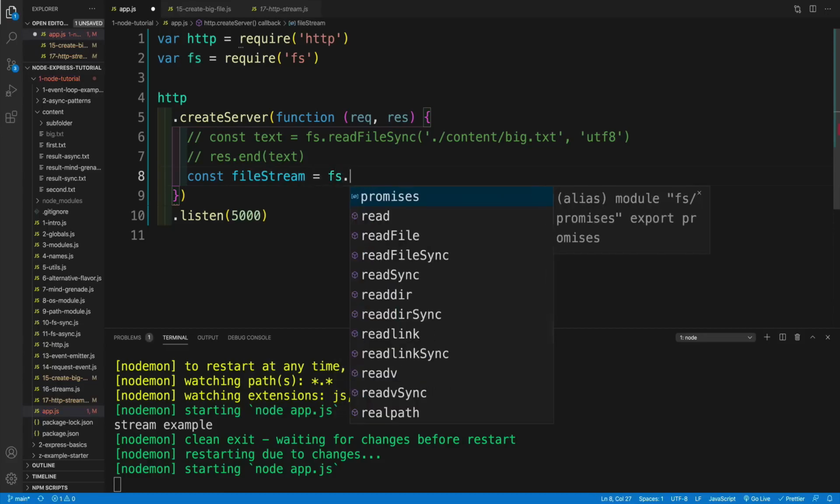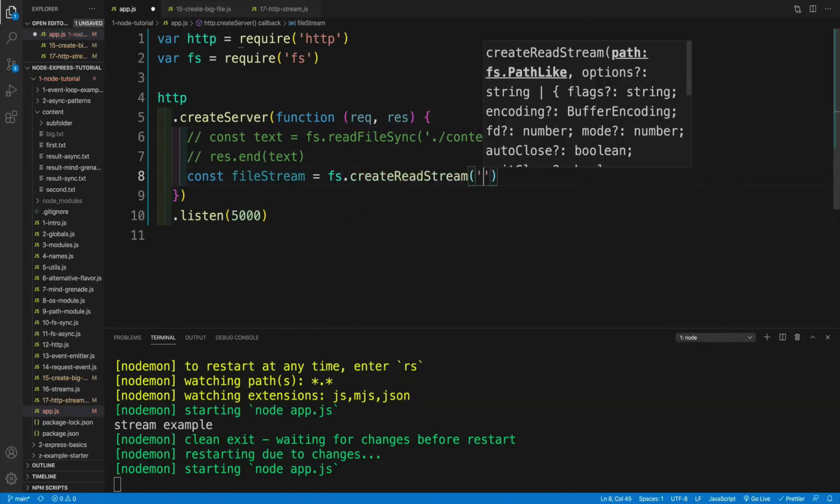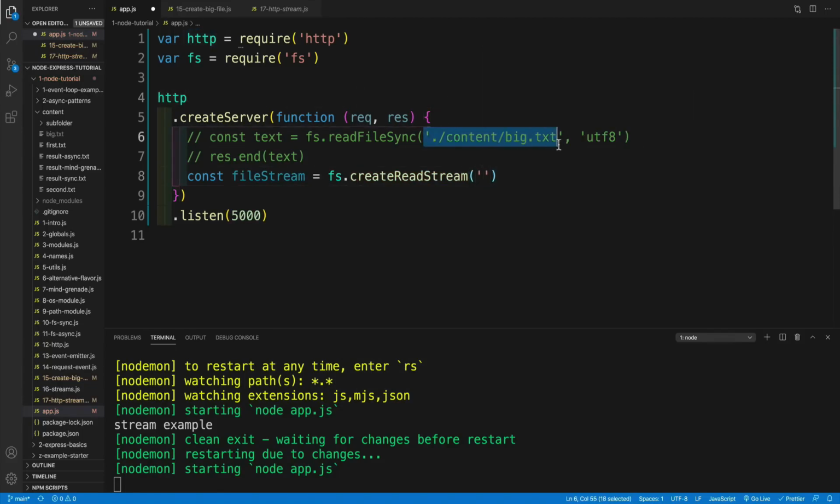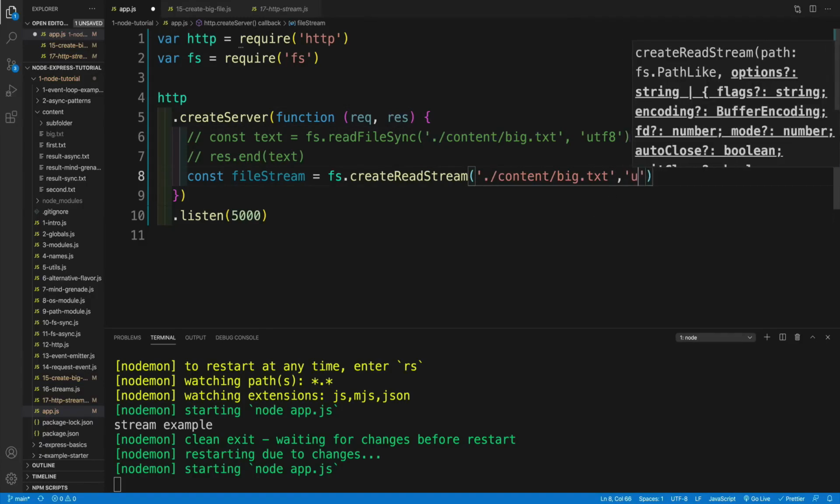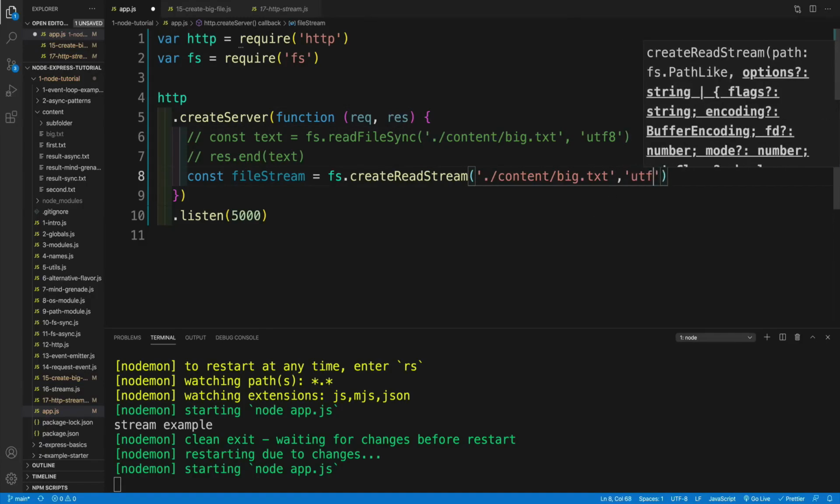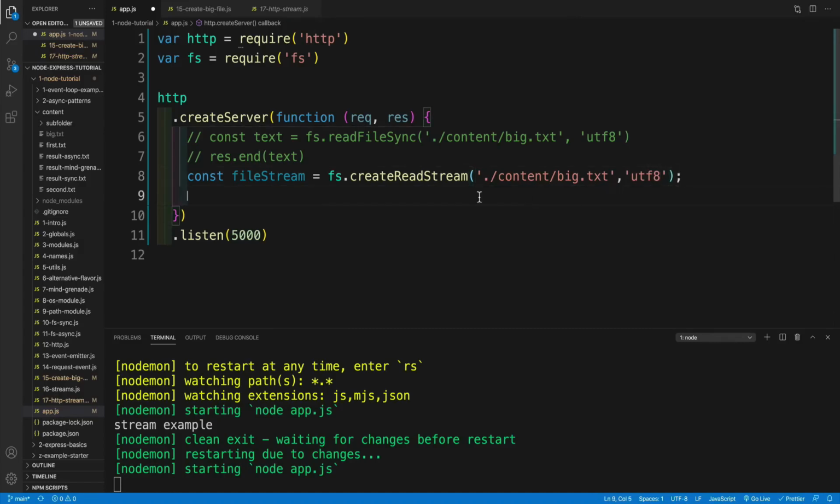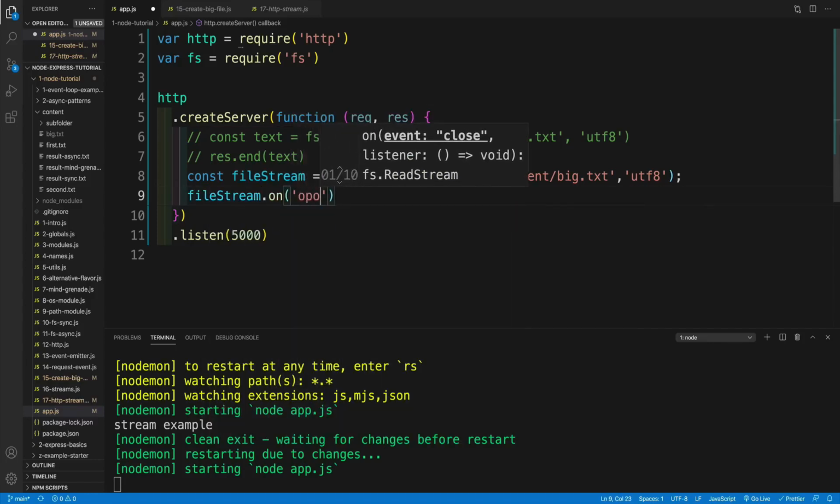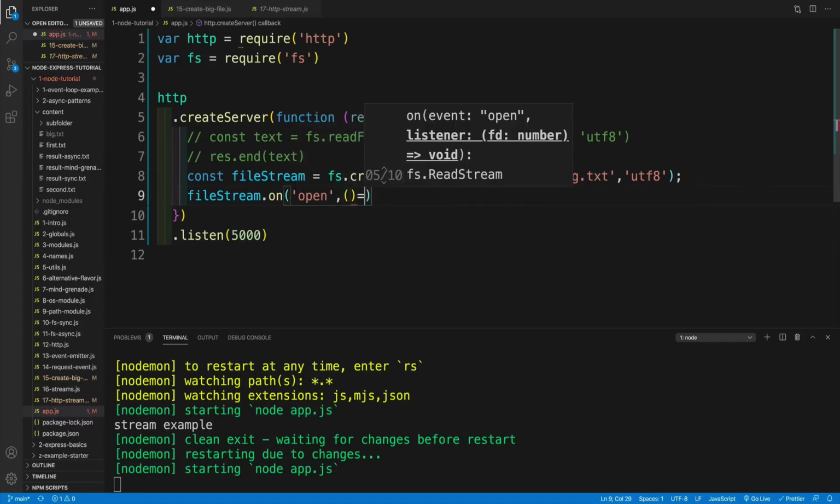So I'll go with const, and I'll call this file stream. And this is going to be equal to fs, and then create read stream. Now I'll use the same path, and I'll use the same encoding as well. So let's go with UTF-8. Okay, awesome. And once we set up the stream, remember we have access to 2 events, file stream on, and